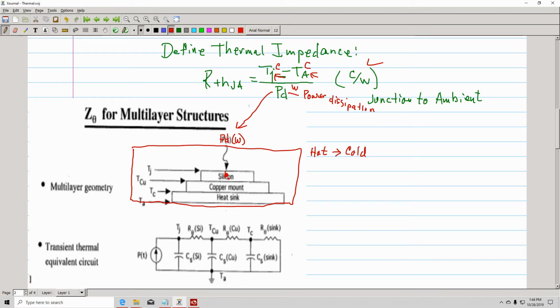The heat is generated in the silicon, and right at the silicon is where your junction is. The junction has a certain temperature, and typically TJ max,